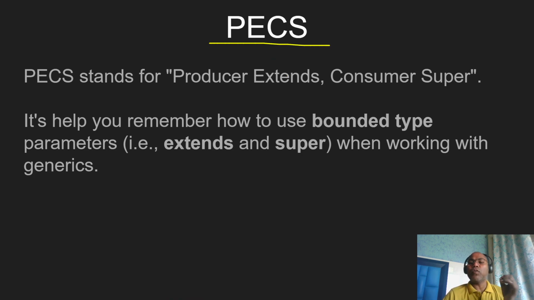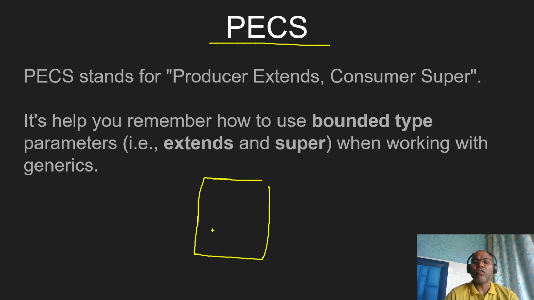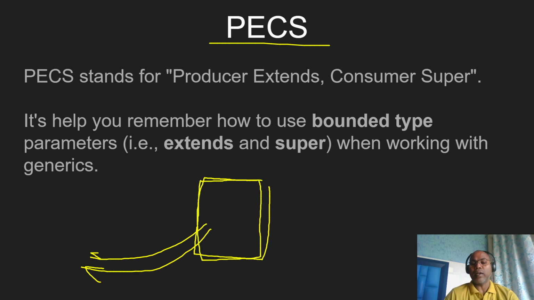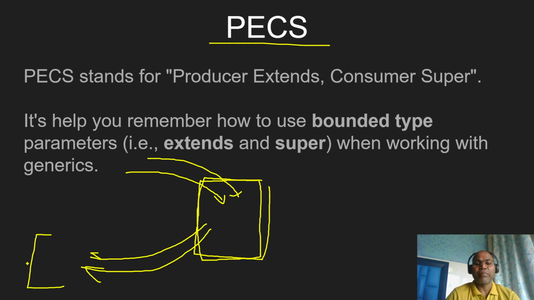simply says, just visualize these two concepts, producer and consumer, because producer and consumer is a concept that we generally know. Producer means a particular entity that produces some value, right? And consumer means a particular entity that is eligible to consume some value, right? So this terminology, producer and consumer, is very common. We are very familiar with the meaning: producer producing data, consumer consuming data. So this principle says let's map producer to extend and consumer to super.